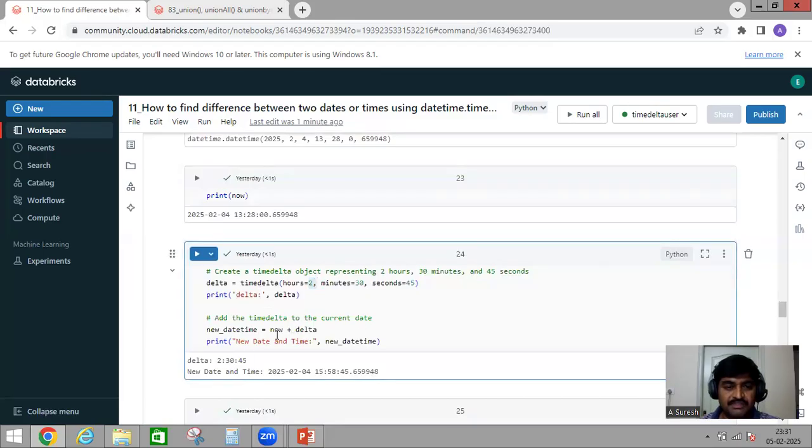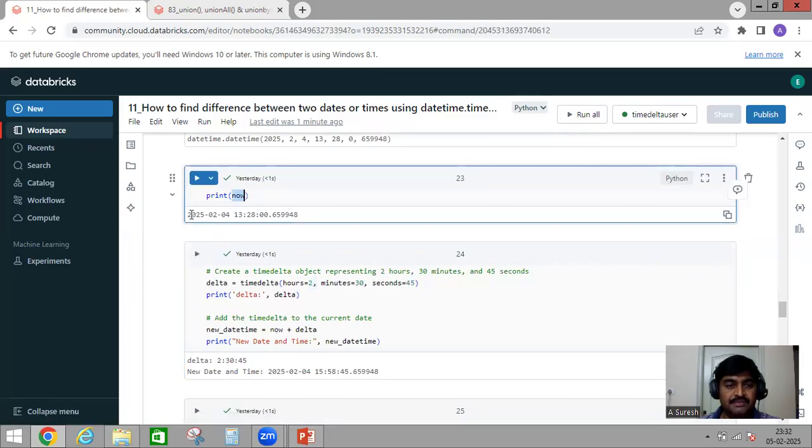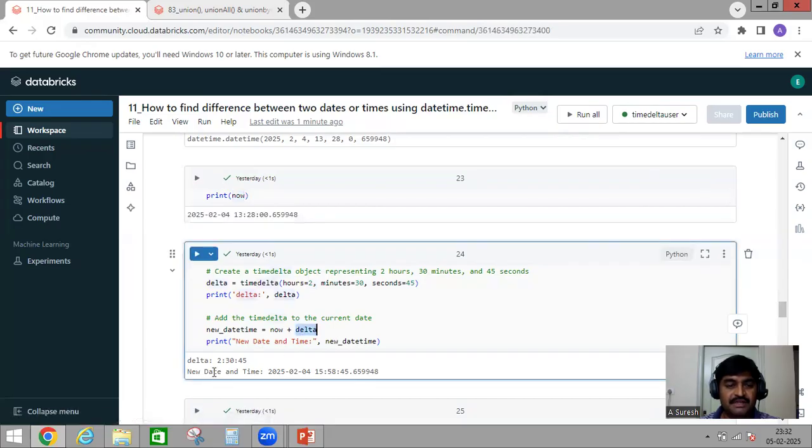So on top of that, what I'm doing for the current date and time is adding this delta. That means this time I'm adding. And if you observe, this date will remain the same,